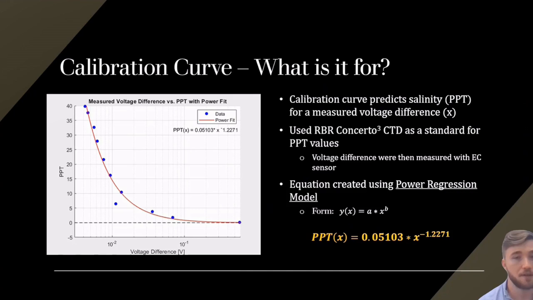I created it using a commercial CTD, which is very, very accurate. And I used the readings of PPT from that CTD as a standard of PPT values. So using the RBR Concerto CTD, I was able to determine the PPT of many, many different solutions. By taking my electrical conductivity sensor, I was able to measure the voltage differences that exist for those PPT values. By having a relationship between known, or standard, PPT and measured voltage difference, I'm able to create